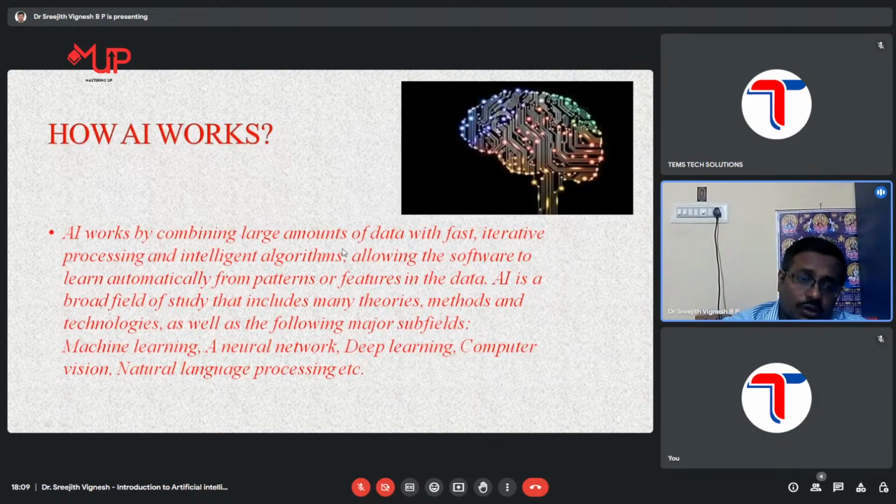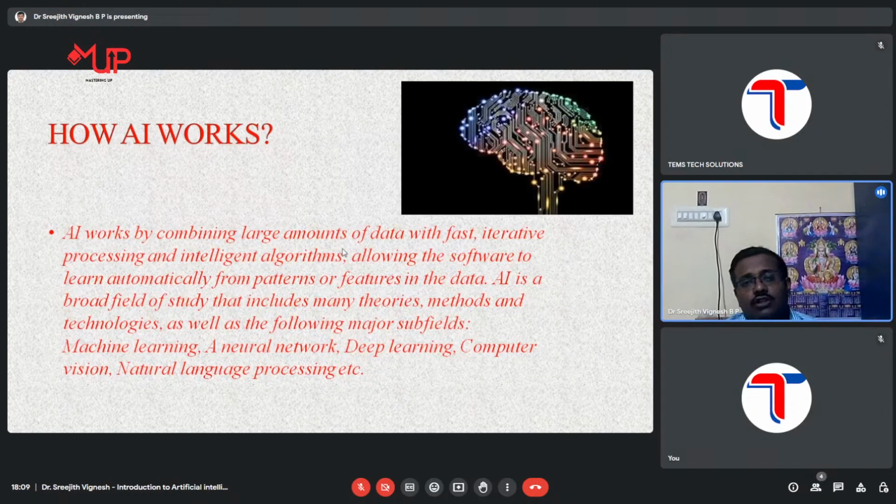So how does AI work? AI works by combining large amounts of data with fast and iterative processing and intelligent algorithms. Once we talk about iteration, we have to repeat the steps again and again until the condition or the constraint is satisfied. Once we are able to meet the constraint, in other programming languages, we'll be calling